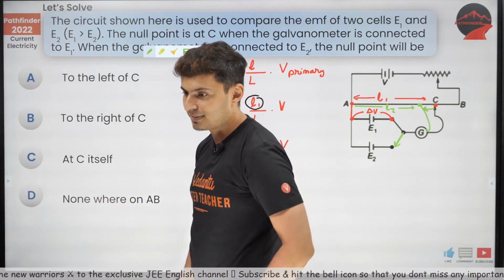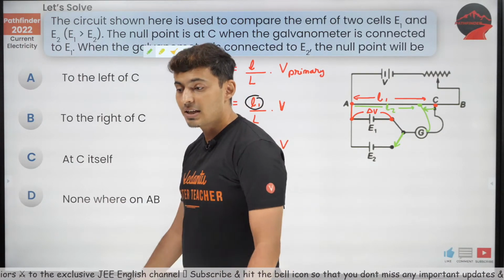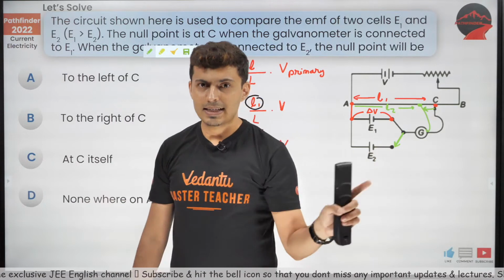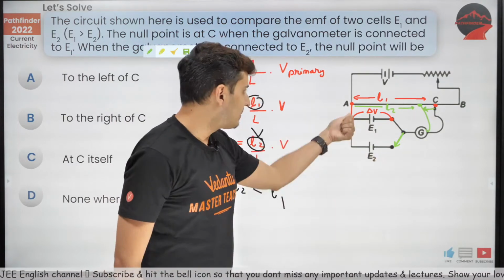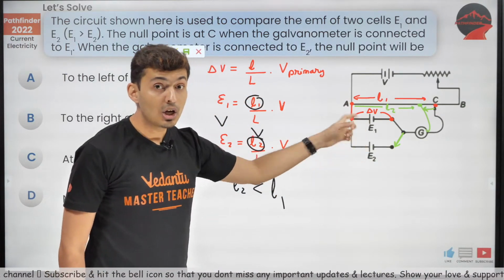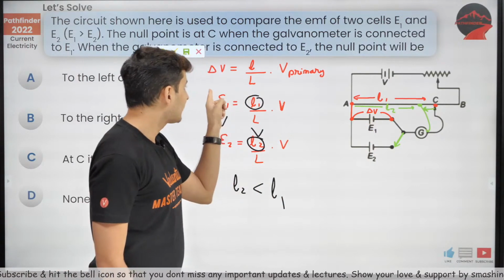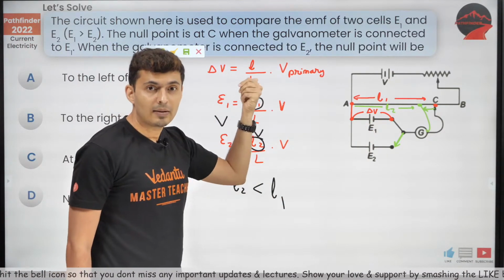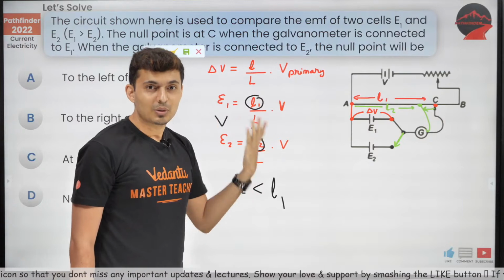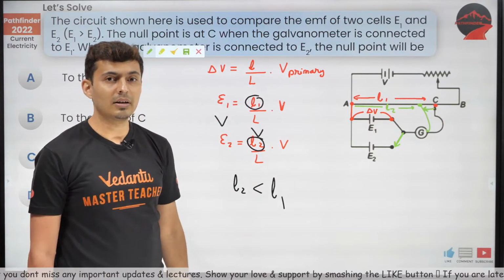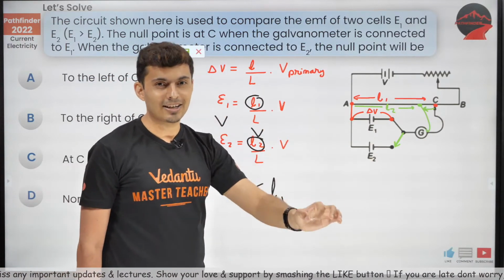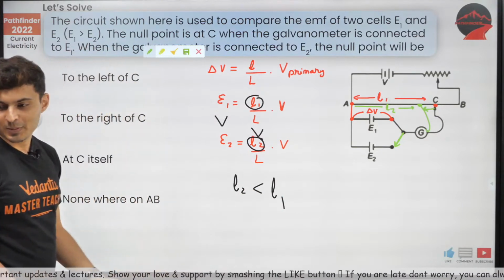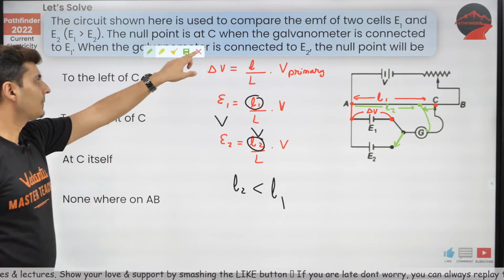Hello Sahil. Okay, what are the applications of a potentiometer? Well, like I said, it's to compare EMFs. You can also measure the voltage across any points, like it can function like a voltmeter also. So that's the application of a potentiometer. It can be also used to measure internal resistance as well. All right, yep, A is correct.